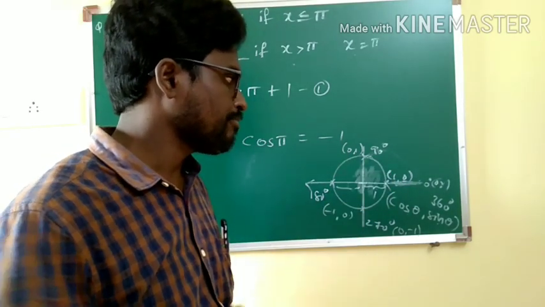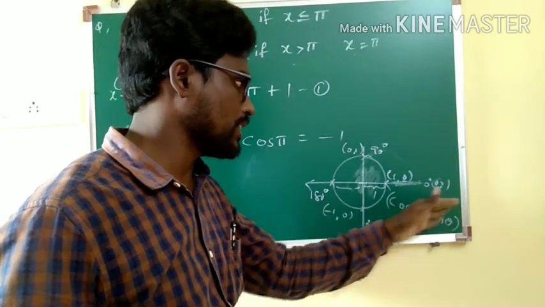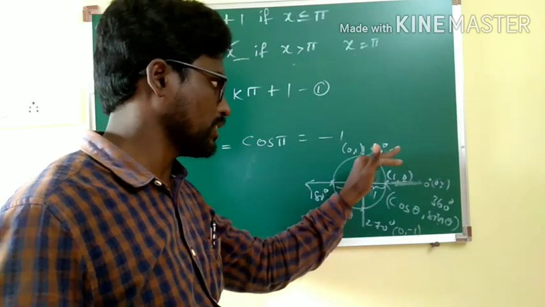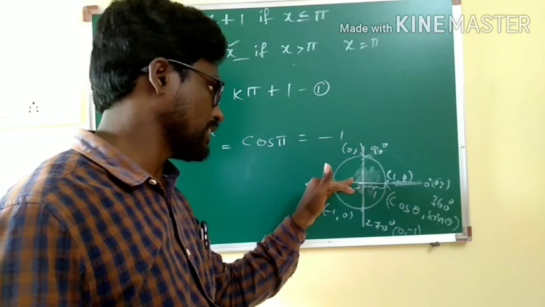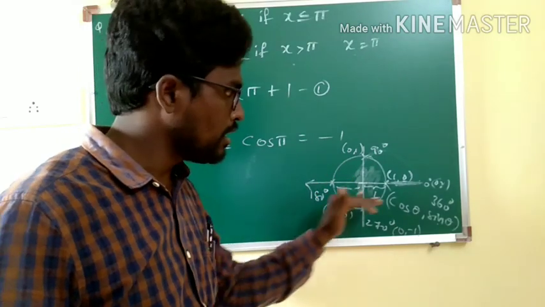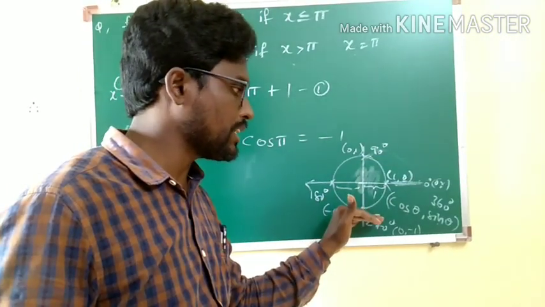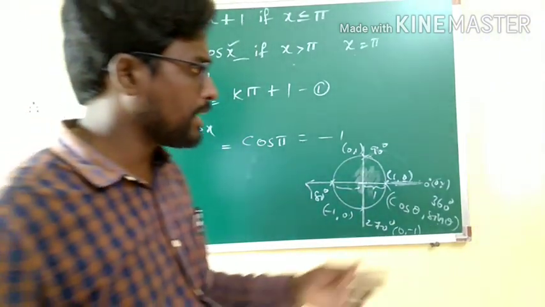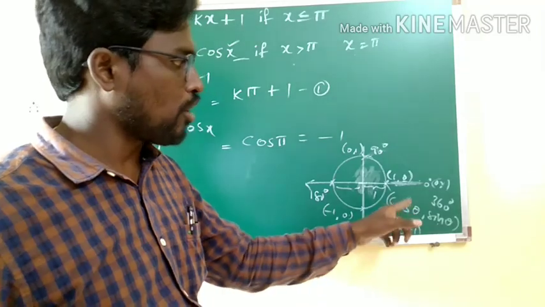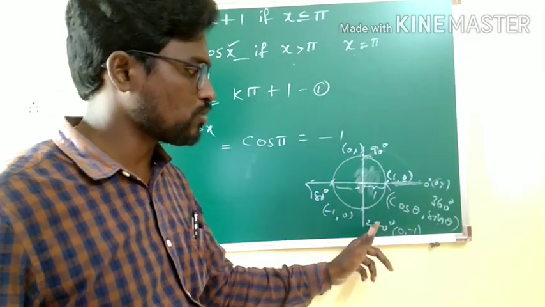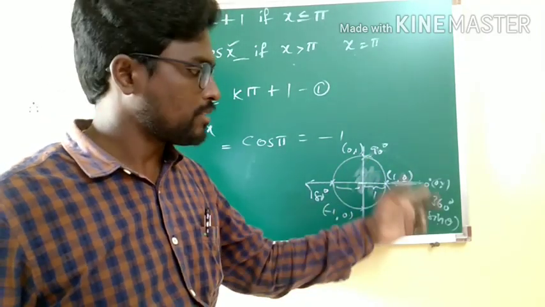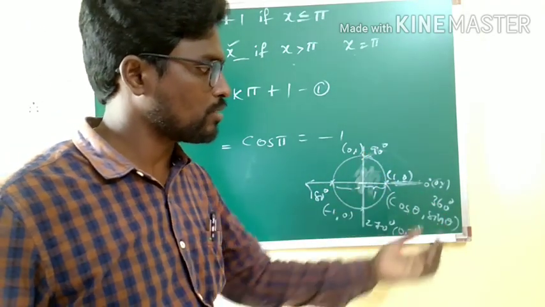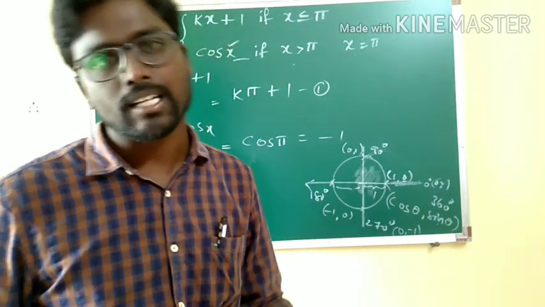Then it is of 0 degrees or 360 degrees, since there is no rotation. After completion of 90 degrees, we get the y-axis, so that is 90 degrees. After completion of 180 degrees, we get the negative direction of the x-axis. After completion of 270 degrees, we'll get the negative direction of the y-axis. And hence on comparison, you'll be getting the values of cos 0, cos 90, cos 180, cos 270 like this. And similarly, sin 0, sin 90, sin 180, sin 270 like this. You can also take for cos 360 and sin 360.